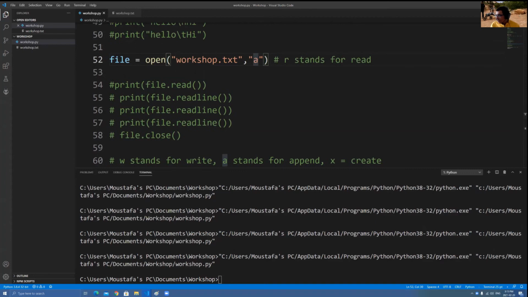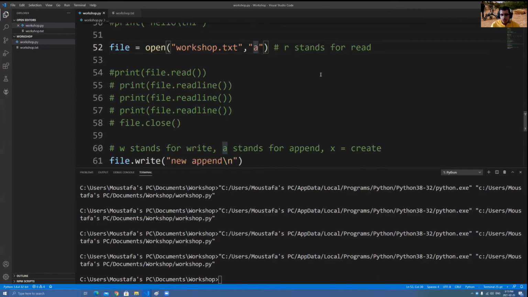I was gonna say also, okay. So what if some people want to both read and write, right? If I want to both read and write, you just add it together. So I can say RA. What RA does is read and write and append. I don't want to overwrite, but I want to read what's in there, and I also want to append. So what happens here is I can